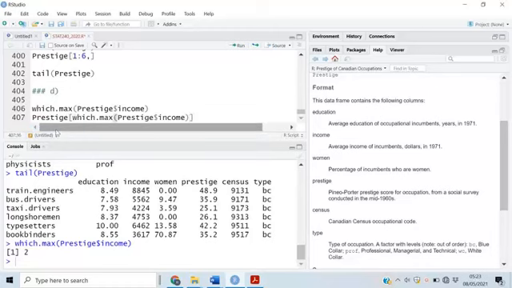This will put 2 over there, and because the question asks which category of occupation,